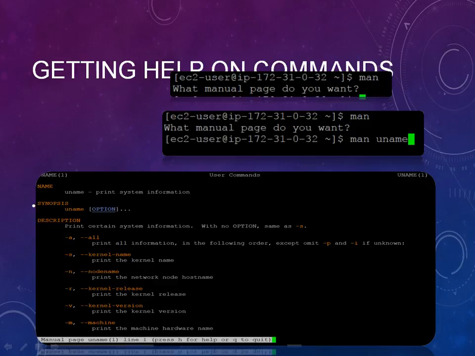The description says: print certain system information, with no option same as -s, and these are the different options that you can use along with uname. That's it, right? So it gives you the clear information of that specific command, and you can get started on using this specific command. So that's how powerful the man command is.